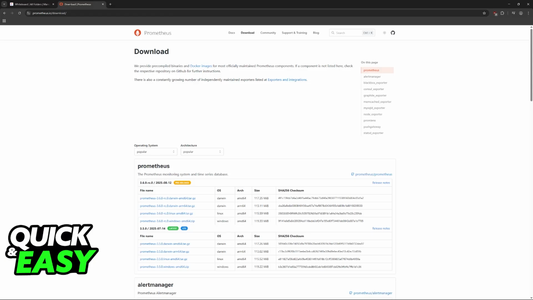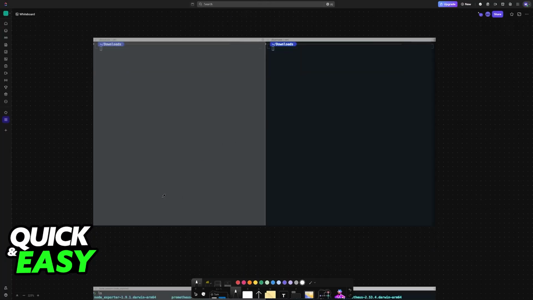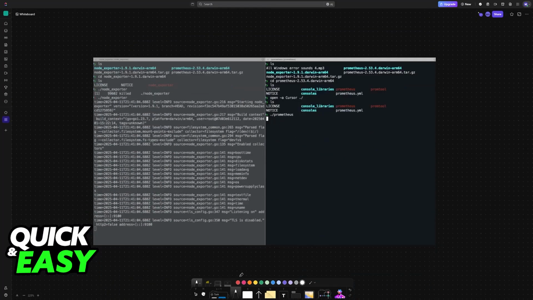Install it on all hosts that you want to monitor. So open a terminal of your choice, and you can open one of these for Prometheus and another one for Node Exporter. So run basic commands. You can extract it and navigate to the directory. So use a tar command, locate the prometheus.yml file in the directory, modify the configuration file to monitor the hosts where you installed it,